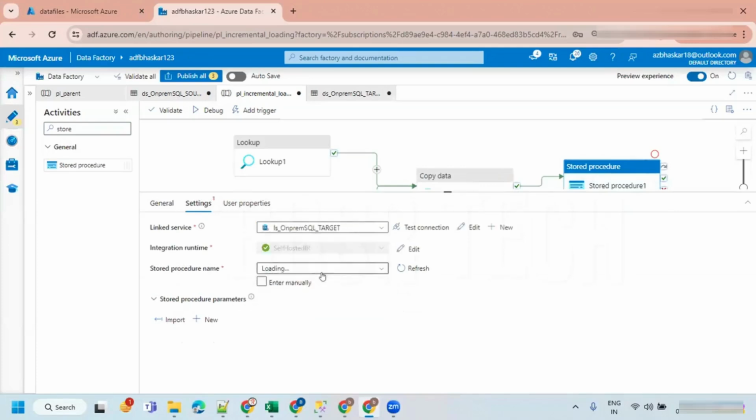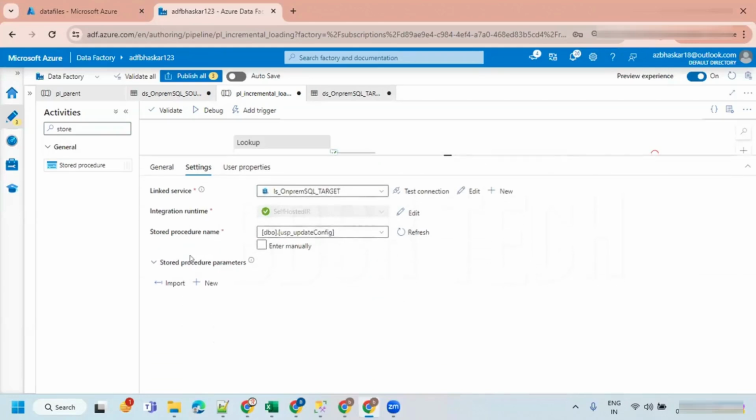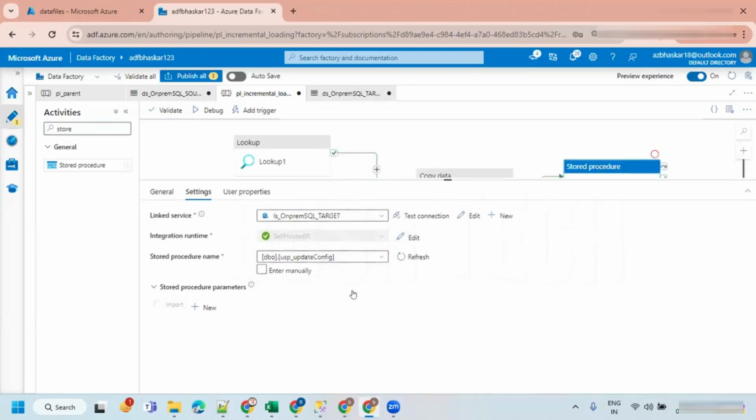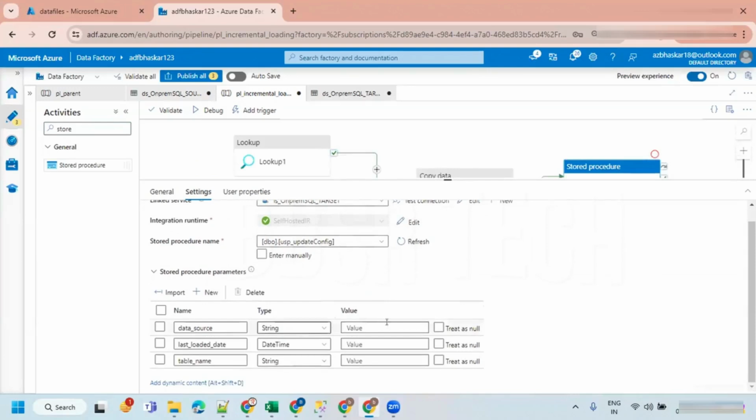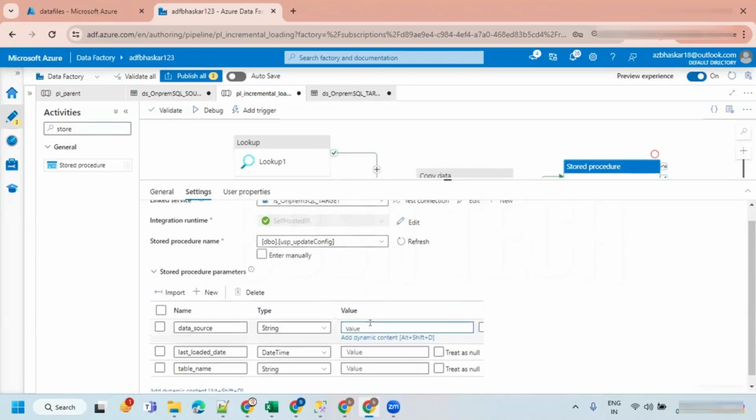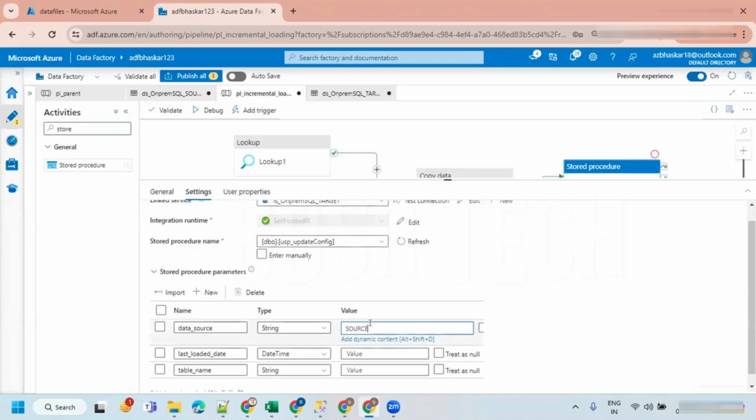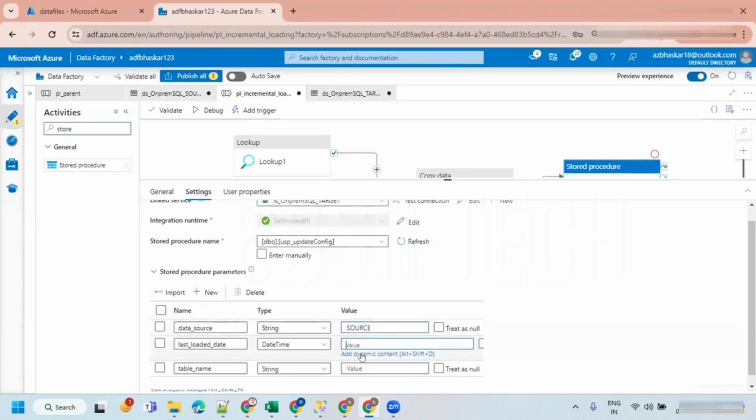Let's take a target. So the target is having the update config stored procedure, and import parameters. Data source is a fixed value. I wanted to say the source is the name of the database, and table name, last loaded is, I'm going to take